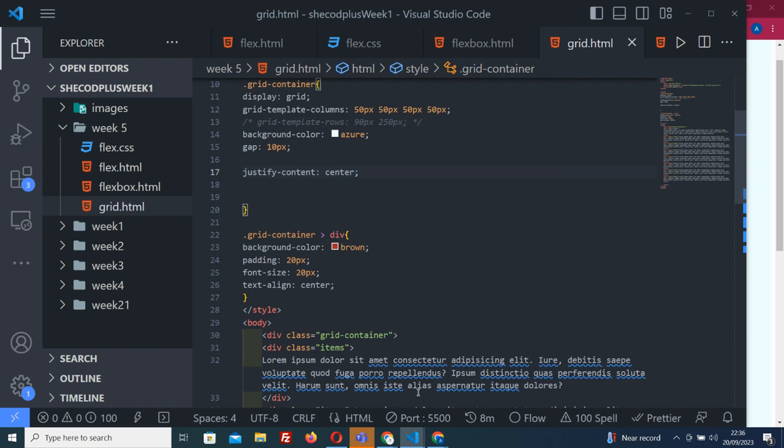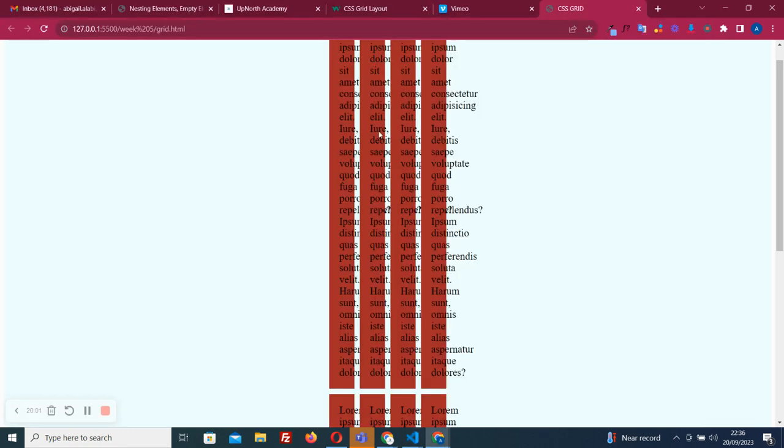Align property is used to vertically align the whole grid inside the container. So it's vertically, this is horizontally, right? The justify content is horizontal. So it moves it here, it moves it here, it moves it to the start, so you can create space evenly. But align is used to move the whole grid